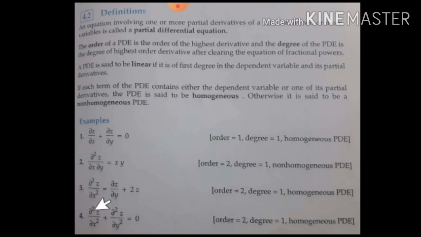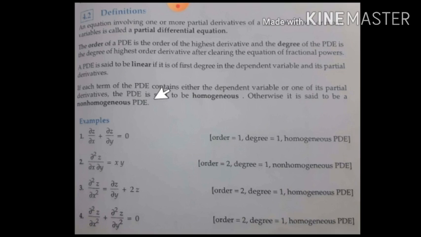In this example also, the highest derivative is 2, so order is 2. And how many times did that highest derivative occur? Its power is 1, so degree is 1. Since all these examples are of degree 1, such partial differential equations are called linear partial differential equations. And two types of partial differential equations we come across are called homogeneous and